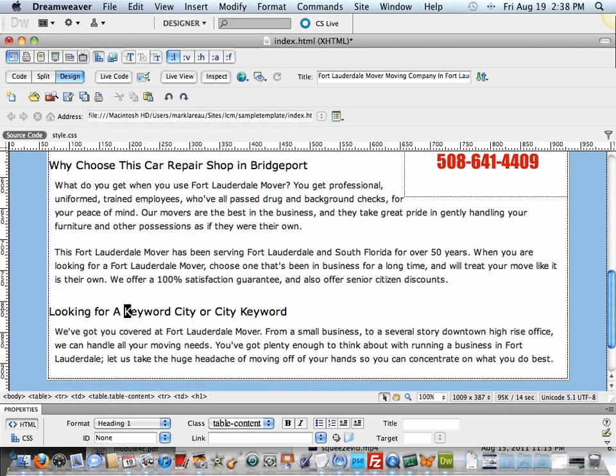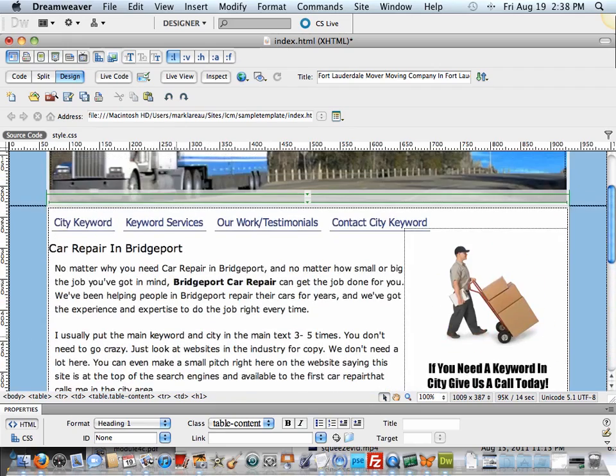Okay, looking for a Bridgeport car repair facility. Okay, and then we're going to just throw in some more filler text. The other thing that we want to make sure that we have, like what we're going to do is we're going to change these up top here. We want that to say